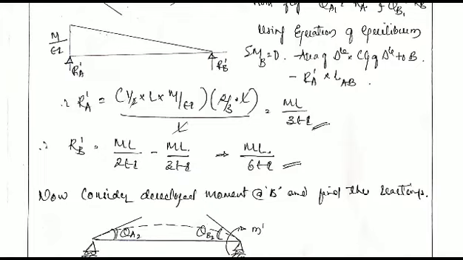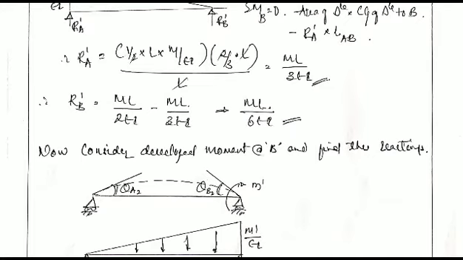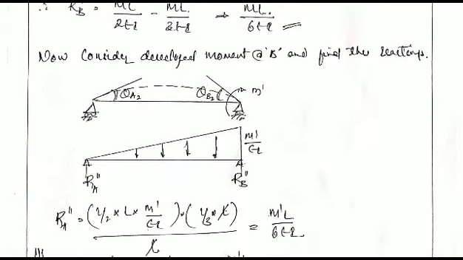Similarly, we consider another simply supported beam with the developed moment at B point applied as M dash, and we can see the deflection of the member, that is the rotation at A and B, in this form, that is in hogging shape. So let theta A2 be the rotation at A point and theta B2 be the rotation at B point. This is due to the moment applied at B point, that is M dash. So for this, again using the same previous method, draw the bending moment diagram for the above figure.